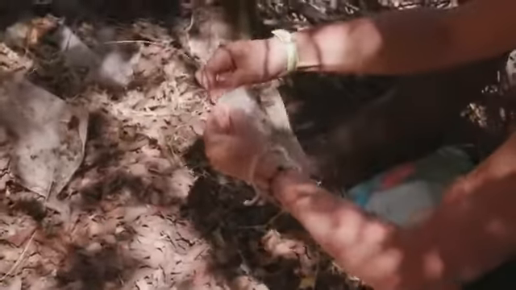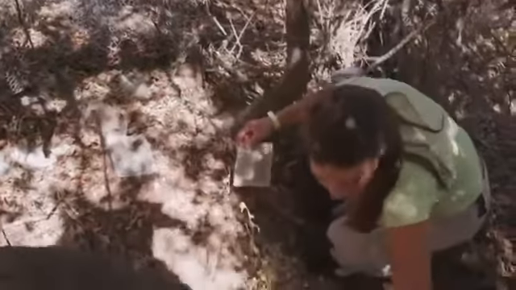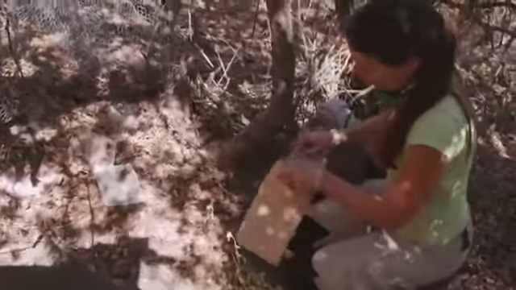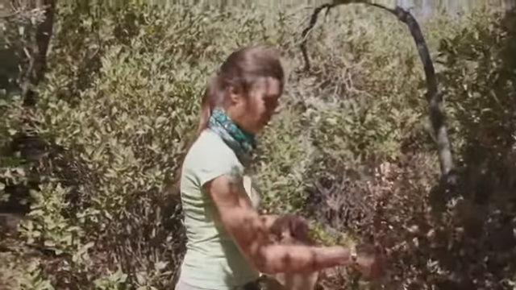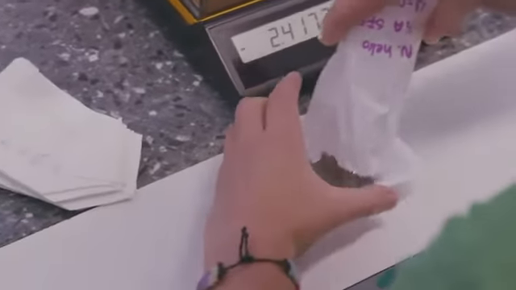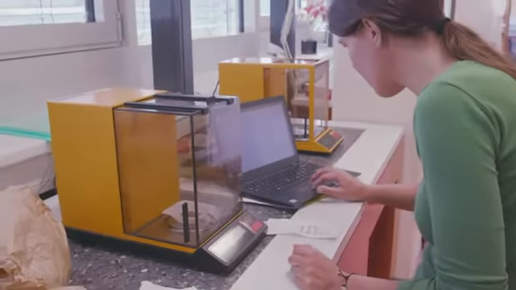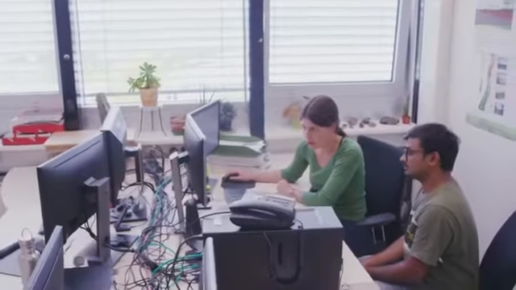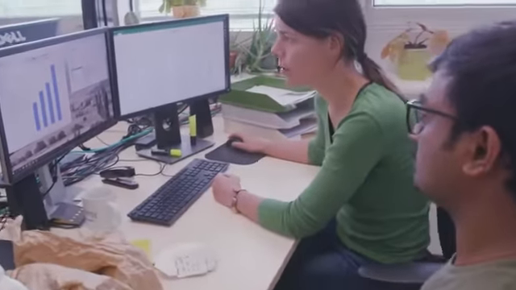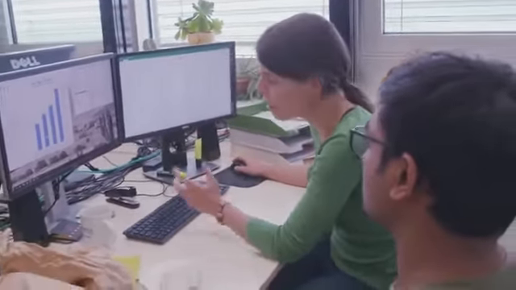How does climate affect plant diversity and the decomposition of their leaves? I'm a plant ecologist and I'm studying litter decomposition, which is the decomposition of leaves. Lisbeth van den Brink weighs the samples from the leaf litter to determine how quickly the leaves decompose over time. In this way, she can see how nutrients, such as phosphorus from plants, could be reabsorbed from the leaf litter. She then uses statistical methods to determine the influence of climate on plant cycles.